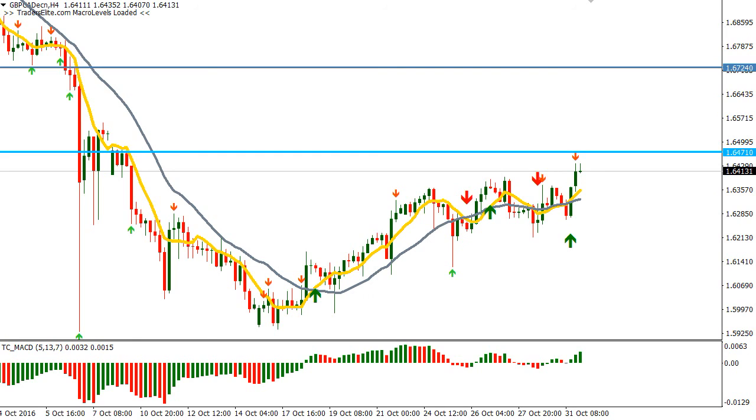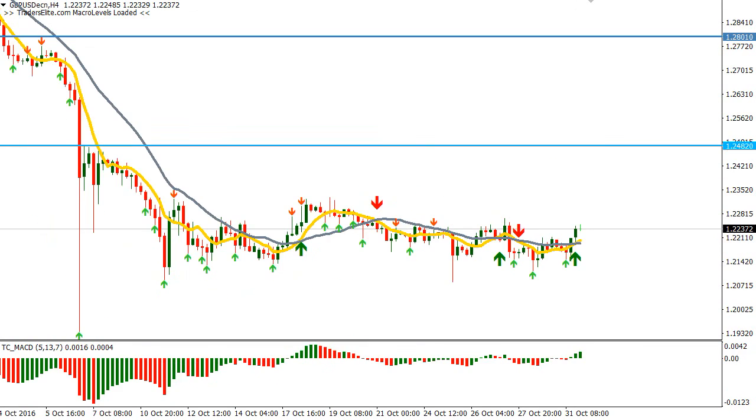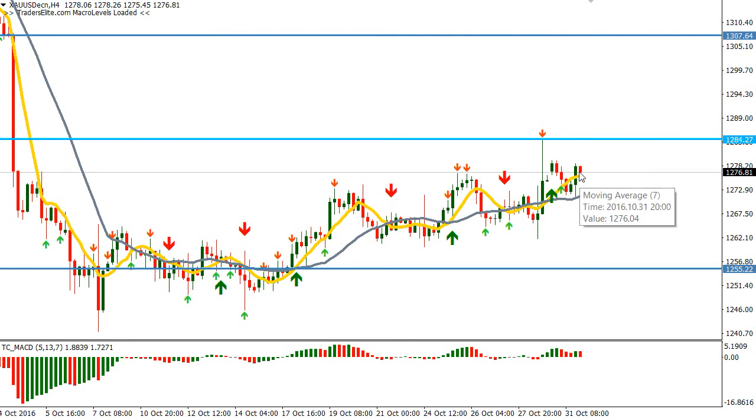All right, that's it. I hope that you've got some insights from today's analysis. You can see here, I'm just taking a look back at a couple of the pairs that we went through. The gold, it's starting to move back up on the same bar that we were looking at before. So on the 1 hour,